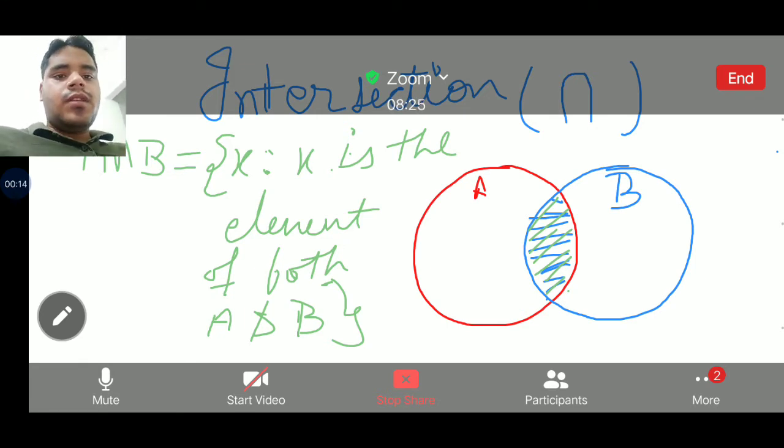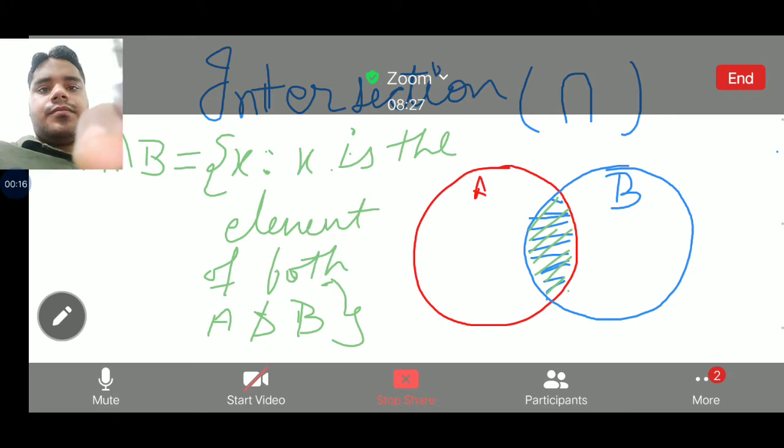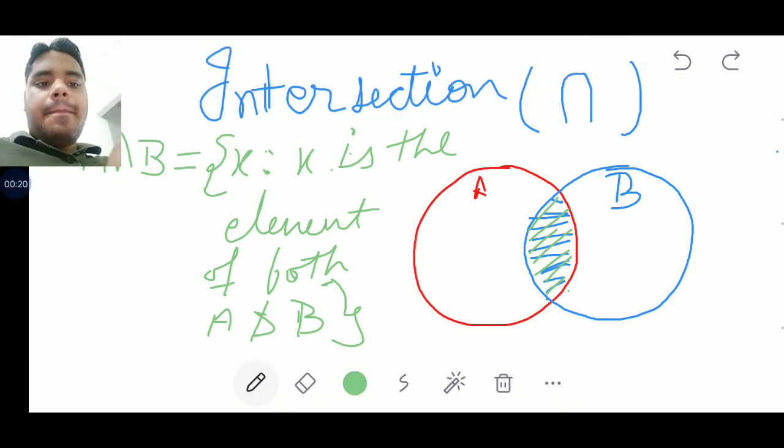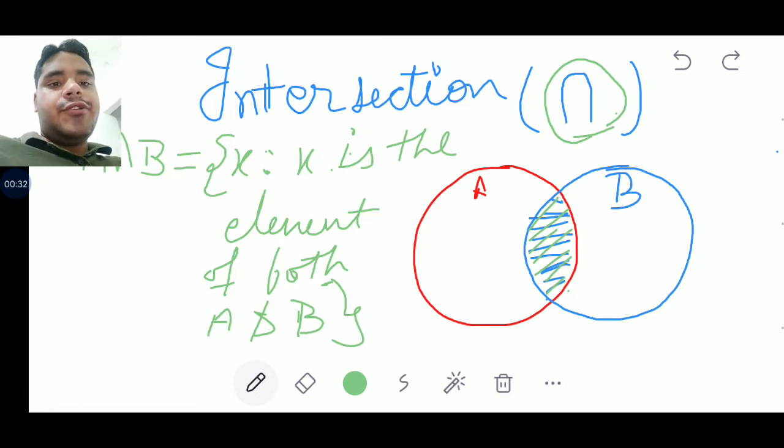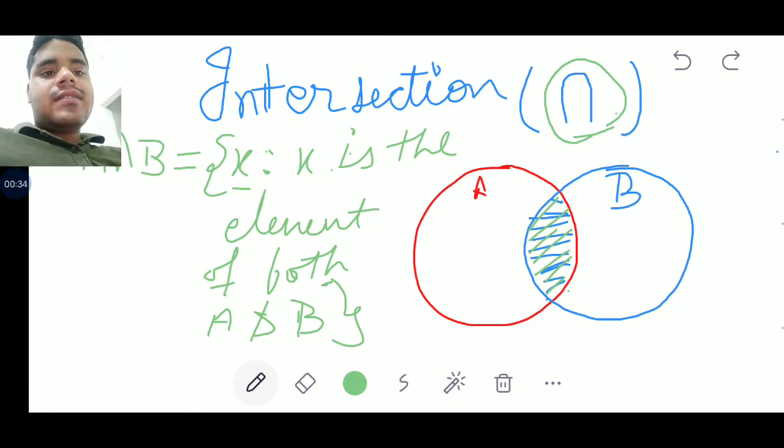Okay beta, so A intersection B is equal to the common elements of set A and set B. यहाँ पे हमने सिर्फ कॉमन एलिमेंट्स लेने हैं, denoted by the symbol, this inverted U. Here x is an element of both A and B. दोनों की कॉमन रीजन सिलेक्ट हो जाएगी.